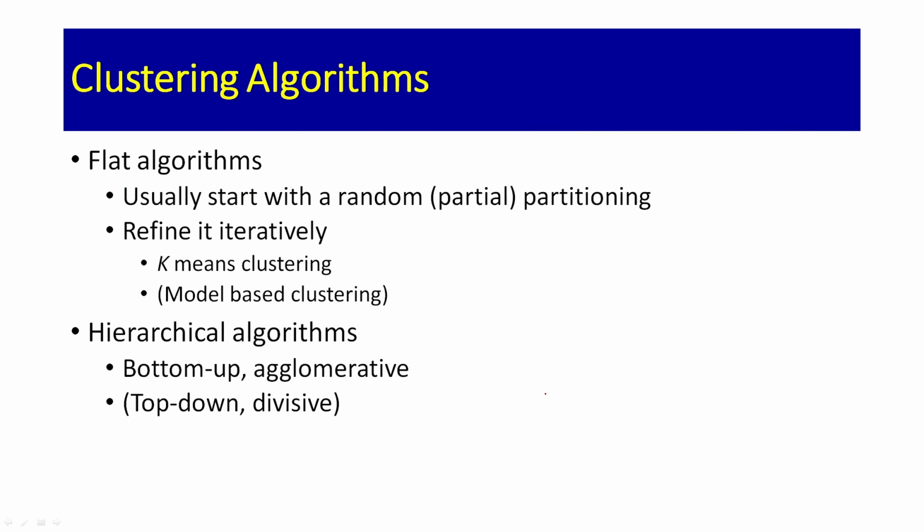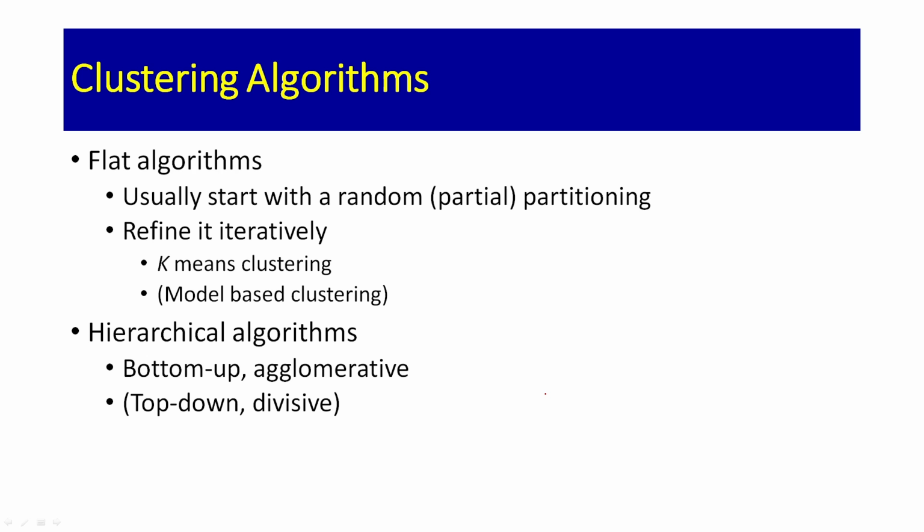So, based on these aspects, you can have two types of algorithm in clustering. One is a flat algorithm, and it basically starts with random partitioning, because you understand that you have heterogeneous data sets, you have to partition into different clusters. So, initially it starts with a random partitioning and then redefines it iteratively. K-means clustering is one such model, but you can also have hierarchical algorithms, because when you have problems in using